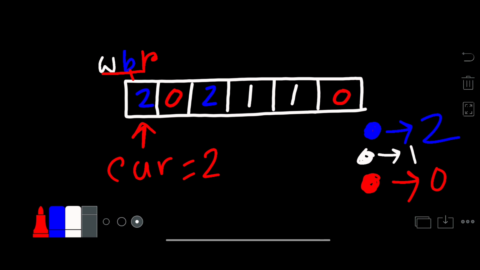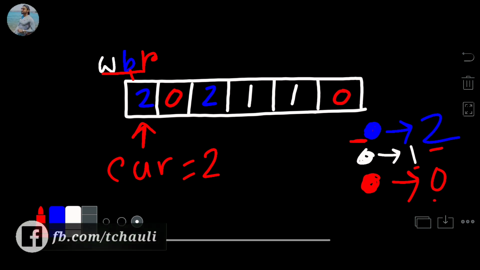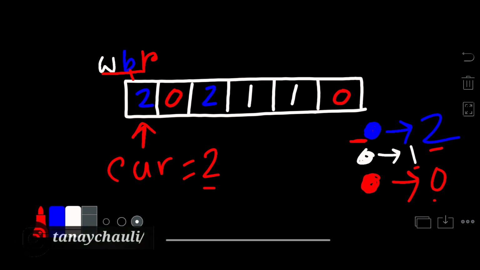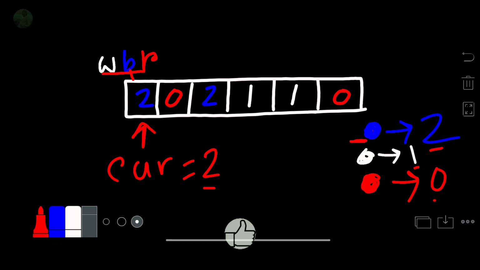Now I will check: blue color value is 2, white color value is 1 and red color value is 0. Now we'll check which color value is greater than or equal to this current value. Only 2's value is greater than or equal to the current value.